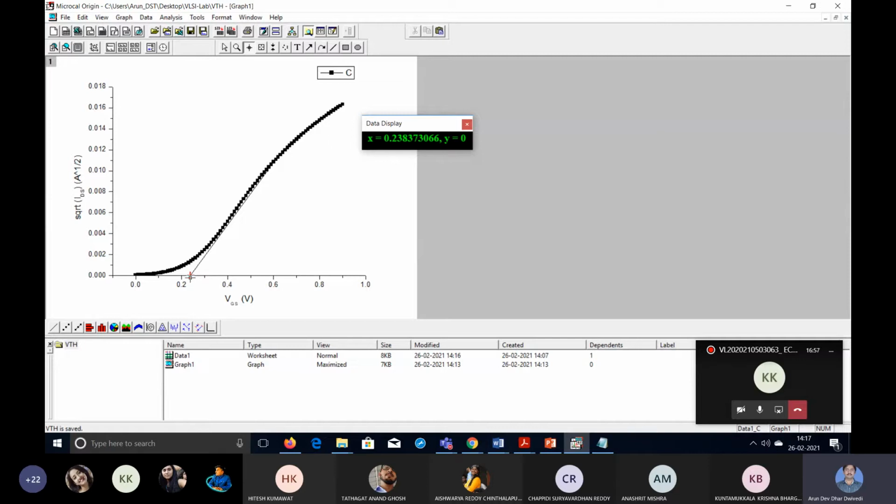So above threshold means above this threshold voltage, if you are applying voltage, then whatever current you are getting is coming due to the strong inversion. And below threshold voltage, when some positive voltage is given, then here in this zone, some underroot ID you are getting. So this is basically due to B1, even up to here also. So this is the sub threshold region.